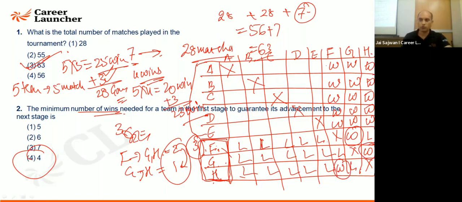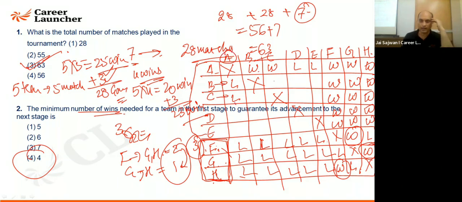Now what I do is, all of them are winning 3 matches. So say A is going to win against B and C, and then he is going to lose. B is going to lose certainly against A and C. Why? Because if A wins against B and C, B is going to lose against A. Do you understand it? B is going to play against A. This is A. So I'll say they are losing.